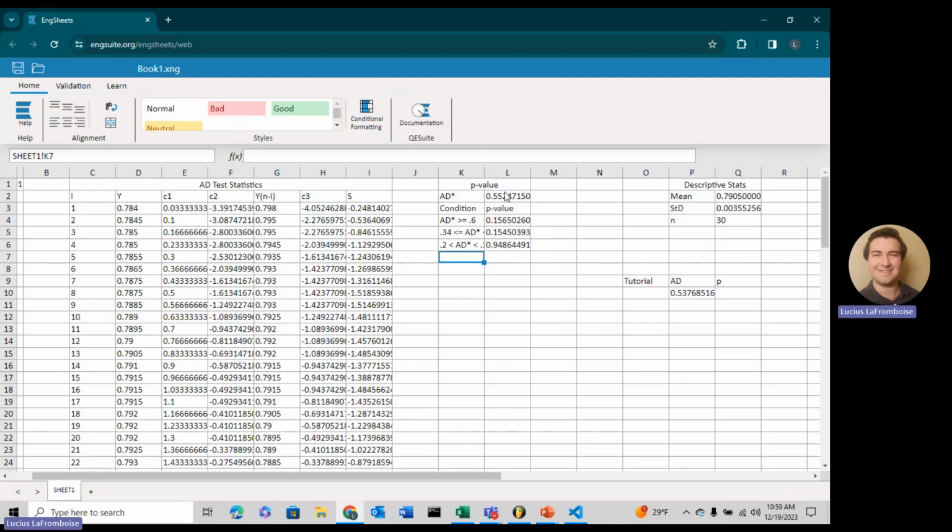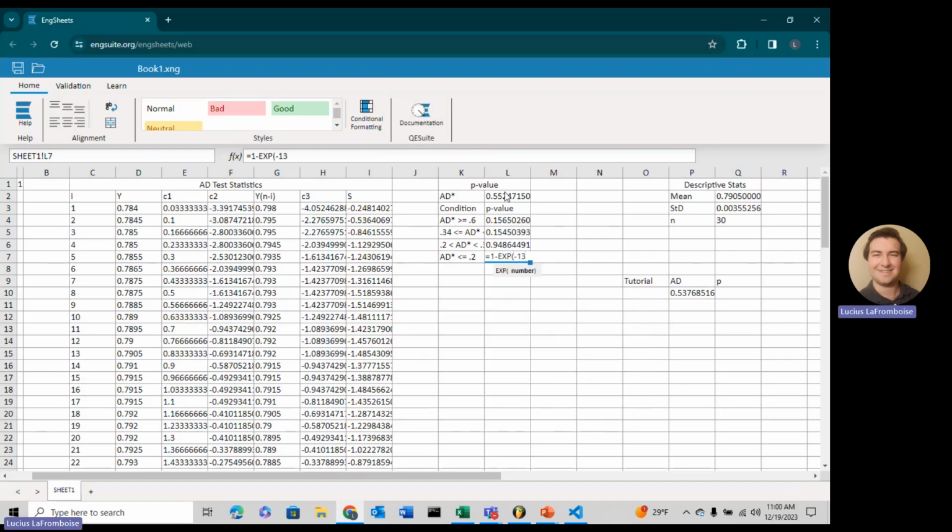Enter. There we go. Look, it's getting real high here. As we know, if the Anderson-Darling test statistic were lower, the p-value should be greater. But again, none of these are telling us anything yet until we use the logic. So our last condition is if AD star is less than or equal to 0.2, then, again, 1 minus exp